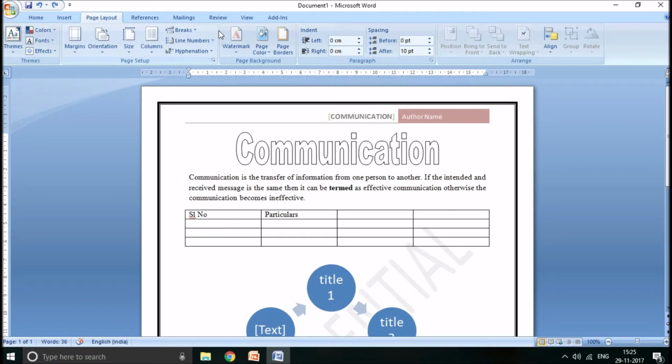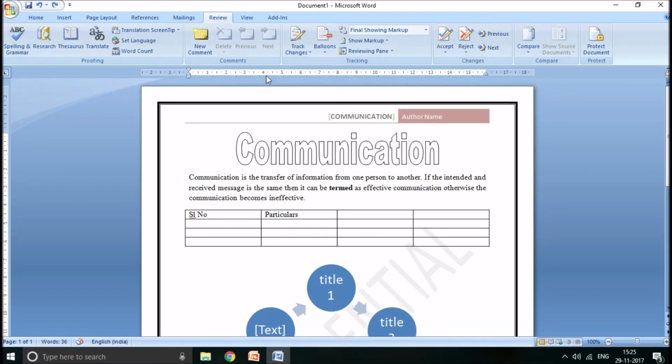So you just have to go to review tab, click on track changes and again select track changes. Now the document is in track change mode. Say for example if I have sent this document to someone to do corrections, if he or she says ineffective is not the right word and they delete it, actually it is not getting deleted, but it is showing in a struck out form. So just to say that this is the change which that person had done, and he can say for example write some other word.